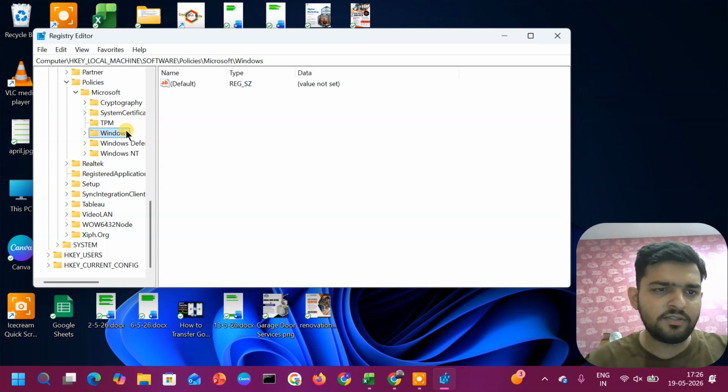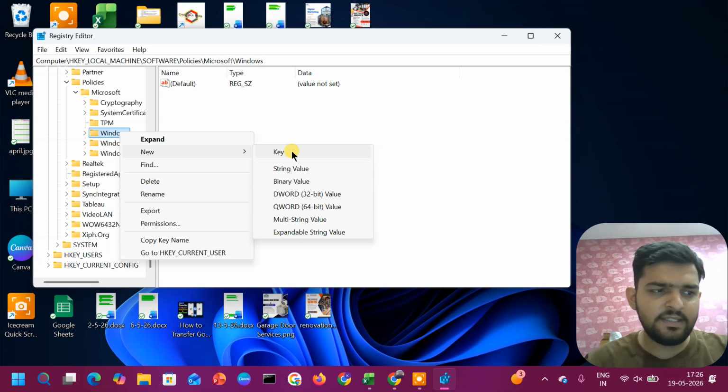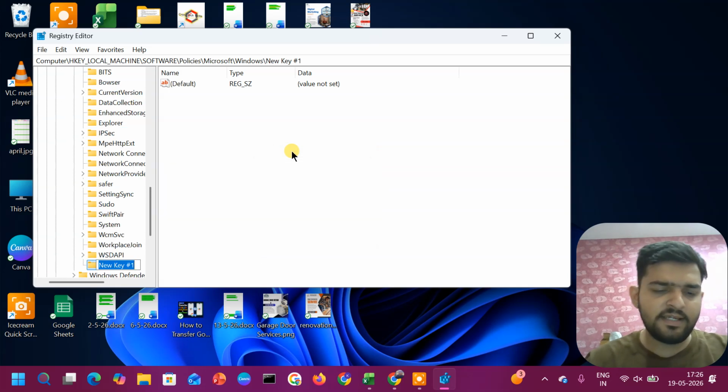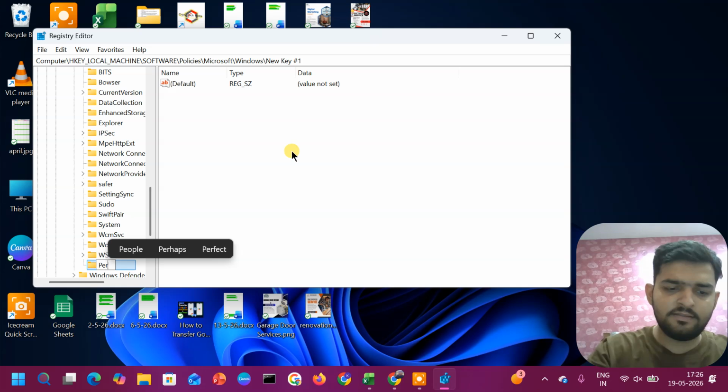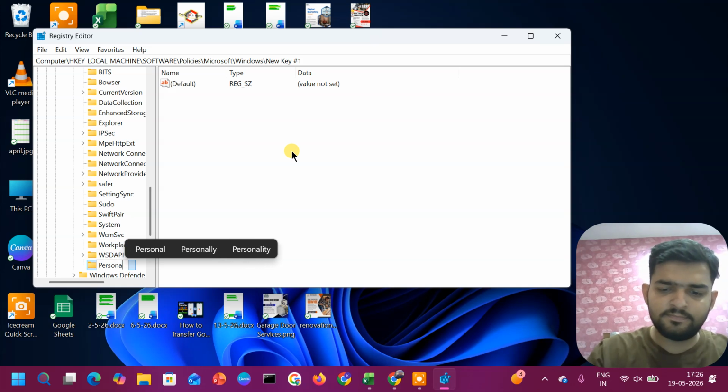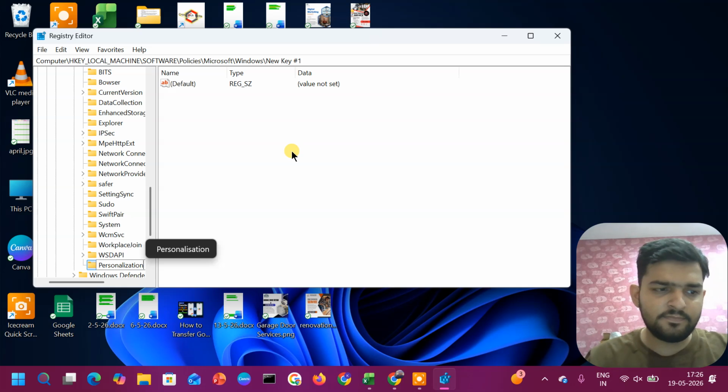Now right click on the Windows folder, then click on New, then click on Key, name it as Personalization, press Enter. Now open the Personalization folder,